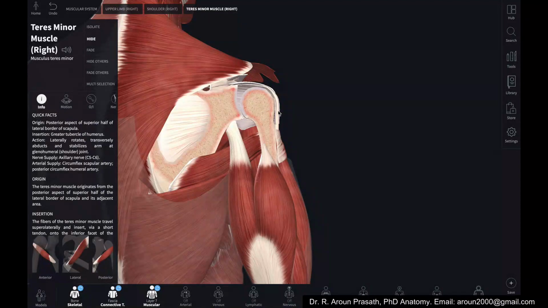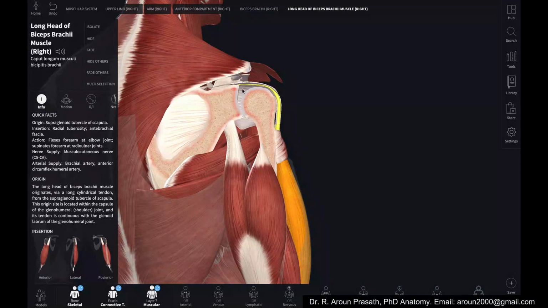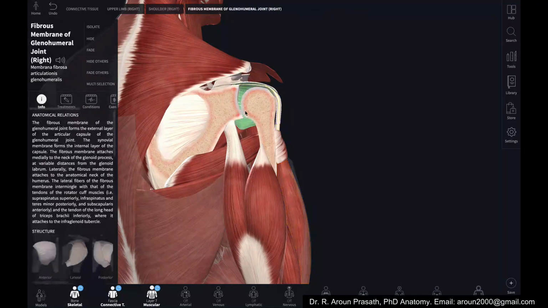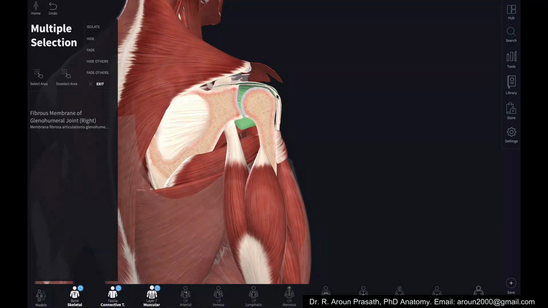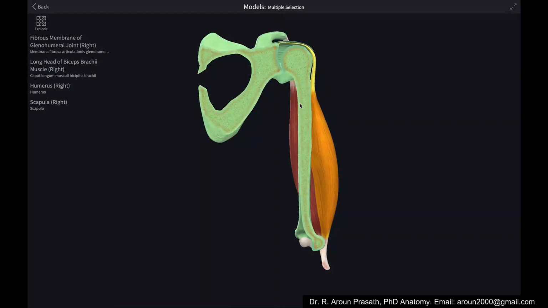Okay, this is a biceps muscle tendon. Okay, and this is a joint capsule. Okay, and these are the articulating surfaces. You can see now